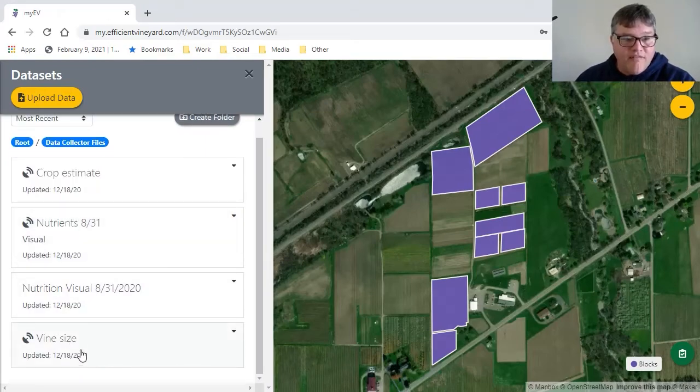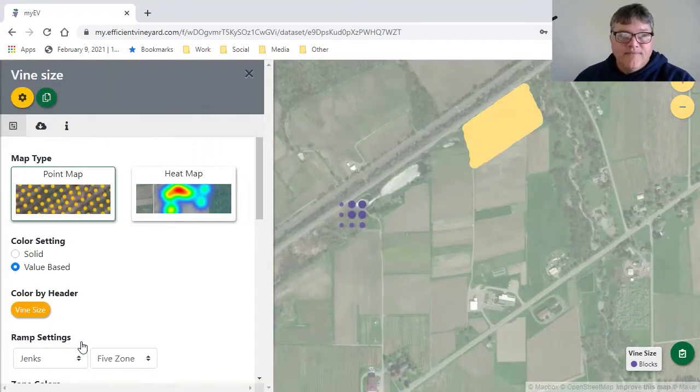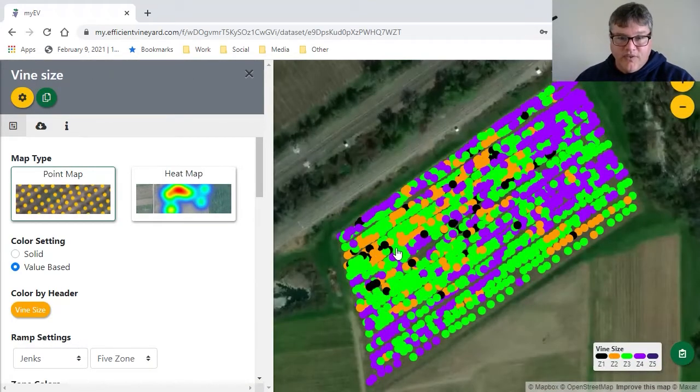So I've collected one for vine size in R Block, and I click on that, and so these points come up, and these would be the ones that I collected in the field that have gone through my phone back to the MyEV account, and now I can map it. You can watch the other tutorials on what to do next, you know, how to visualize the data, how to interpolate the data, how to interface it with other data layers. But with this tutorial, all I wanted to show you was how to set up a data collector, go to the field, collect the data, come back and be able to visualize or import that data into MyEV so you can assess the damage.